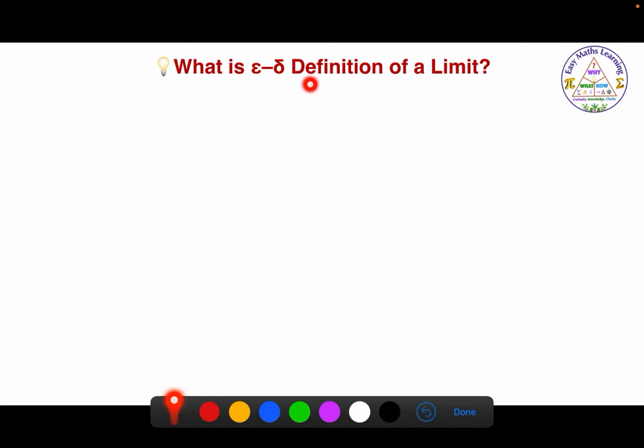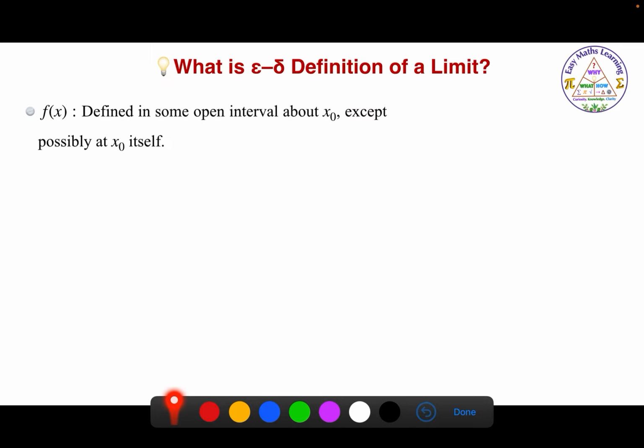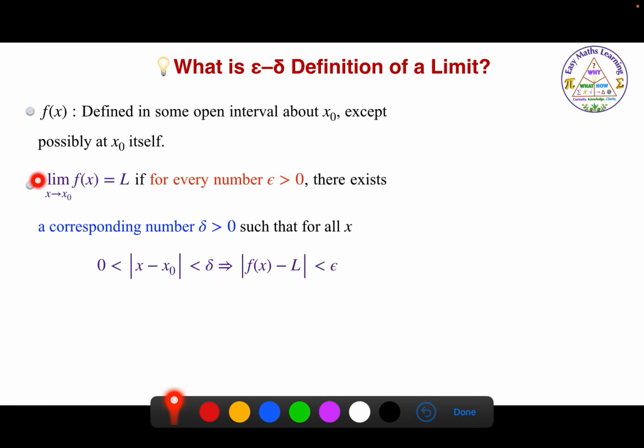What is the epsilon delta definition of a limit? Let f(x) be a function which is defined in some open interval about x naught, except possibly at x naught itself. Except possibly at x naught means the function may or may not be defined exactly at x naught. You know, in limits we are always interested in how the function behaves as x approaches x naught, either from left or right, not necessarily what happens exactly at x naught. Now, what is the meaning of this complicated looking statement? See,